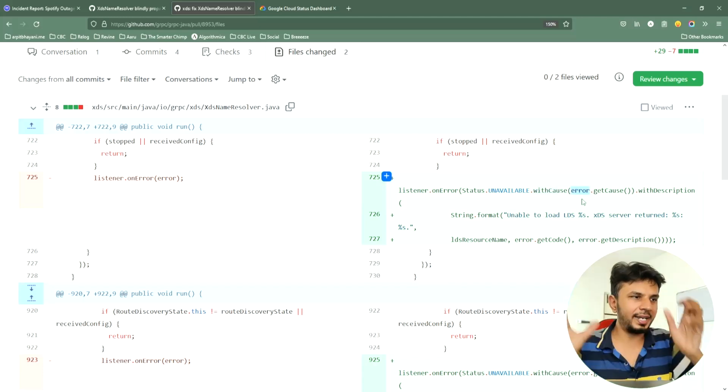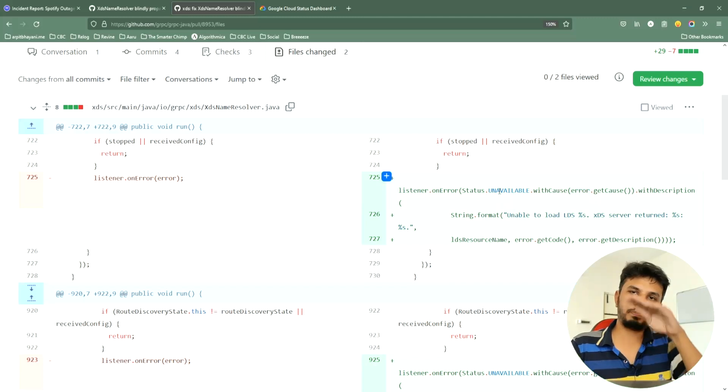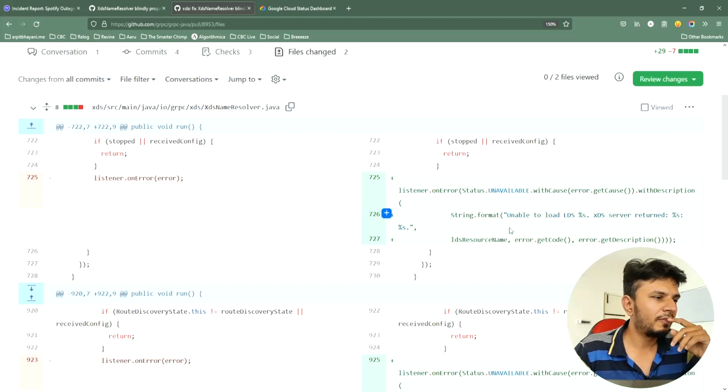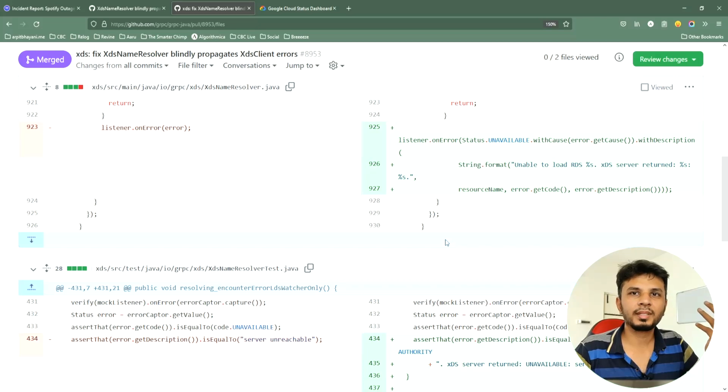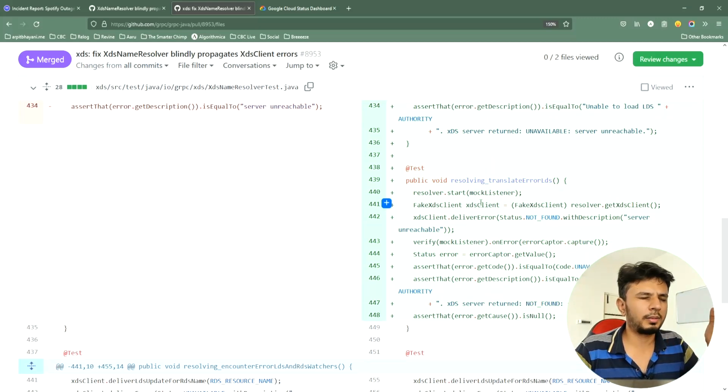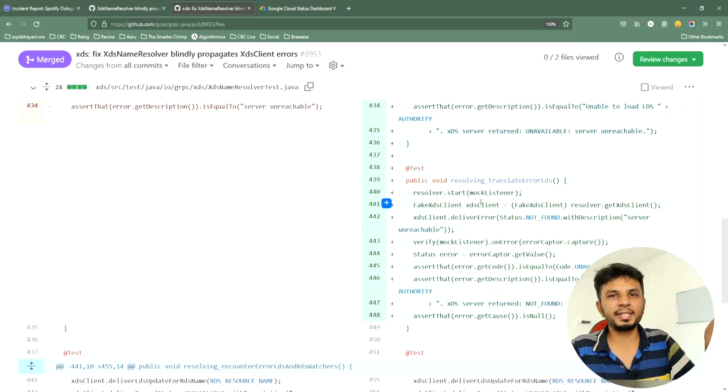So they wrapped the entire error and passed it as an unavailable error rather than a default not found error, with the description: unable to load LDS, XDS server returned this, and some data, right? And here they have added it at other places as well. Then, as part of their unit testing, they explicitly handled this error.